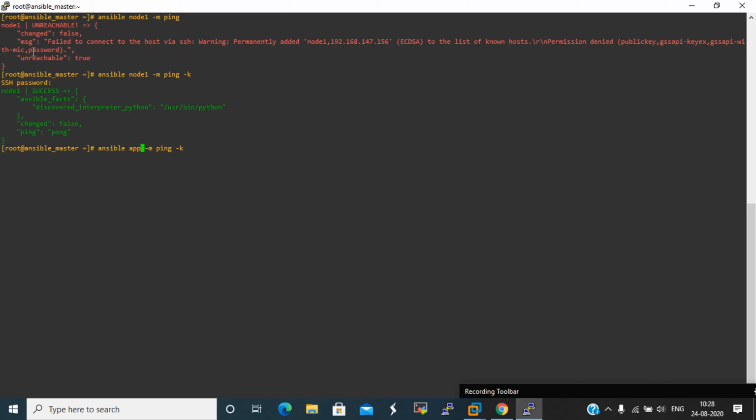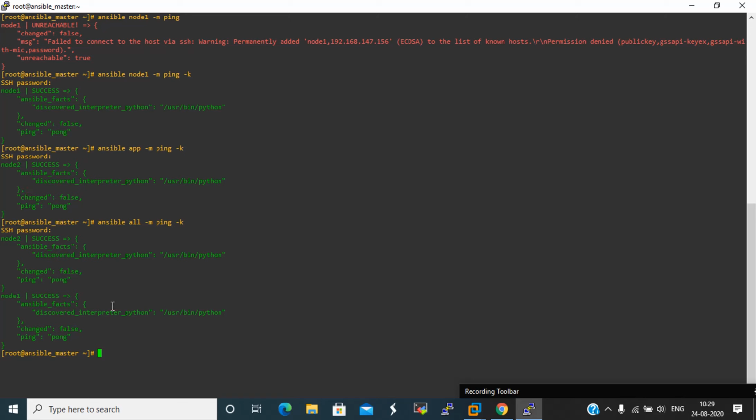If you want to ping a group, just mention the group name. And for all the groups, all the hosts, just mention all. It will ping node one, node two, all the hosts.